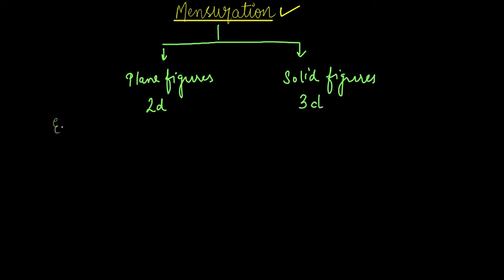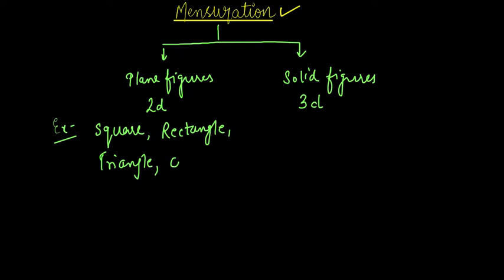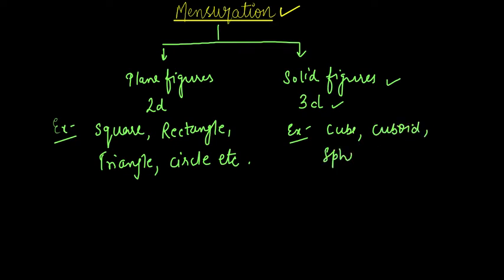If I want to write examples of plane figures, I can write a square because it has length, breadth, and a rectangle. So these are all your two-dimensional figures. If I say a triangle, a circle, etc. A three-dimensional figure has certain height also. There are three dimensions given. So examples would be a cube, a cuboid, a sphere, a cylinder, etc. These are all examples of 3D figures. Till now, in grade 7, we have studied 2D figures only. This year we will understand how to calculate the surface area and the volume of the solid figures as well.